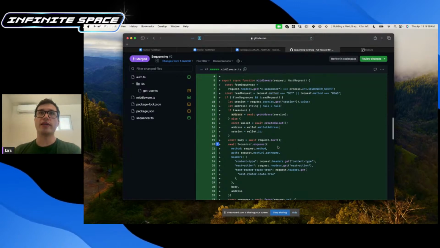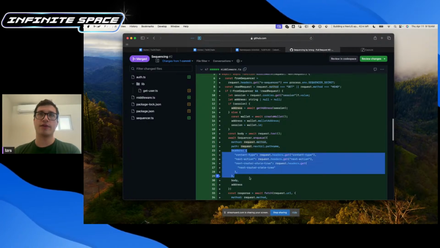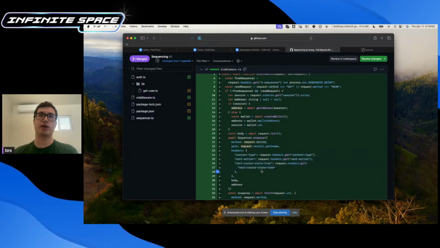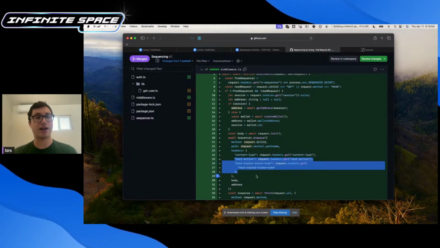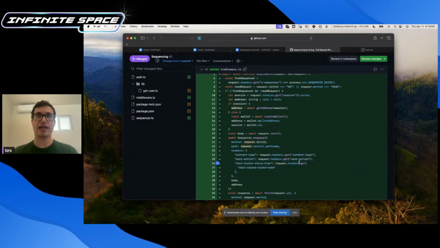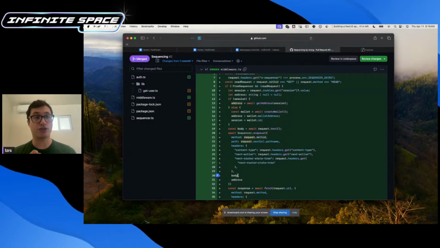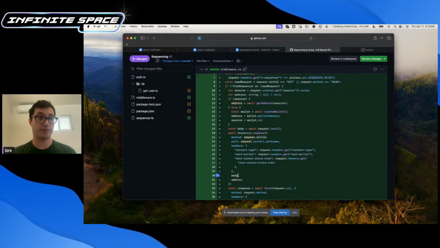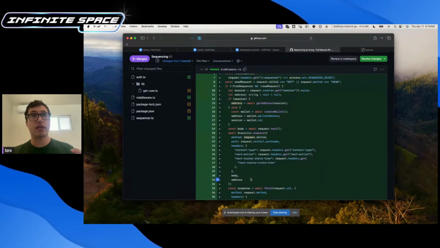So what we're doing is we're getting the method of the request, we're getting the path of the request, we're getting some important headers that will help. So in the case of React server actions, you need to have these types of headers to understand how to parse the action. We're also taking the body of the request, which would be usually the data that you're trying to input on chain. And we're taking all of this data and we're packaging it up